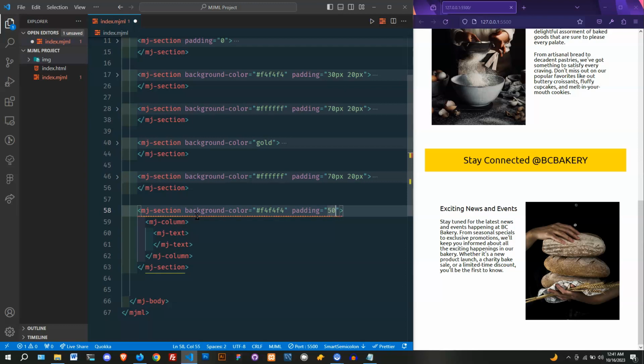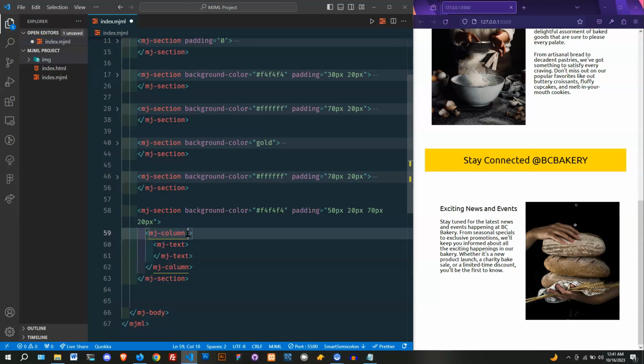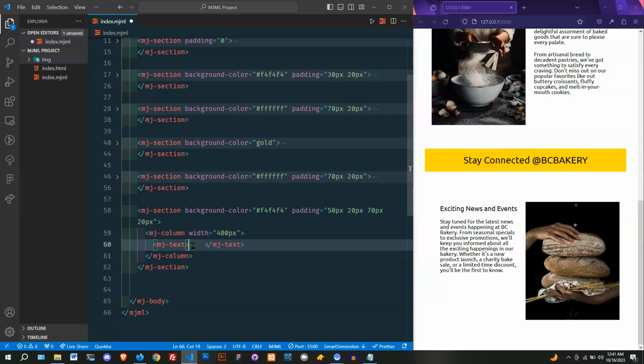Padding 8 pixels by 20 pixels by 70 by 20. Okay. For the column, it's going to be width of 400 pixels. The text, let's bring this up like that. The text is going to be line center, font size 16 pixels. And in this, we're going to put